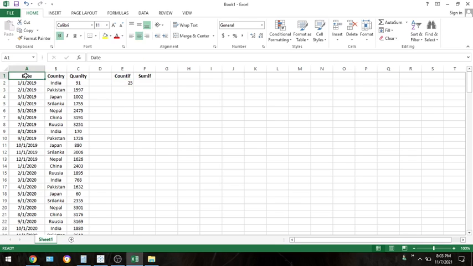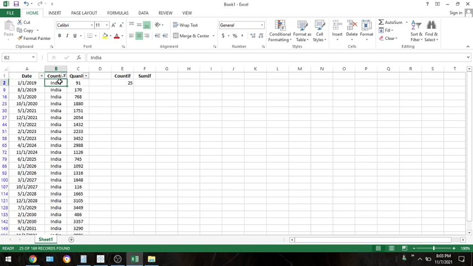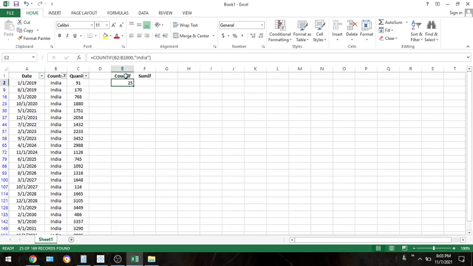So basically when you will be filtering this, for example, and I am going at India only as of now, okay, so when you count this, the number of count will be 25. Okay, this is how the COUNTIF works. This is COUNTIF. Similarly, if you want to have for the America, so what I will be doing, I will be removing this as of now from filter. Okay,